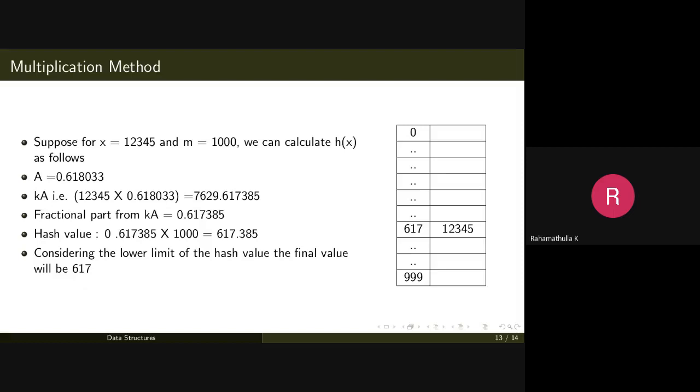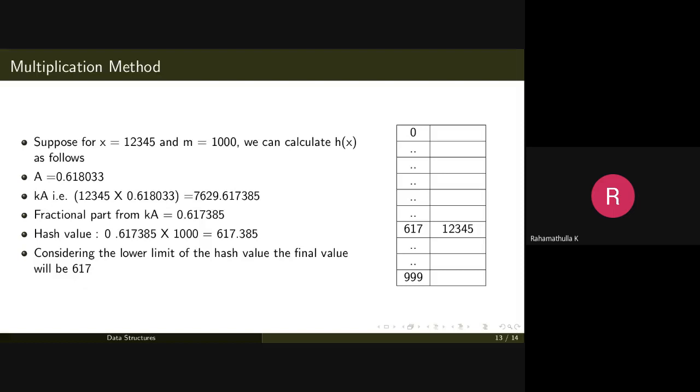Then only the fractional part will be taken, 0.617385, into the size of the hash table, 617.385. Considering only the floor of this value, the final value that is used as the hash of x equal to 12345 is 617. So in the 617th position, you can store this value. That is how we do it in the multiplication method.